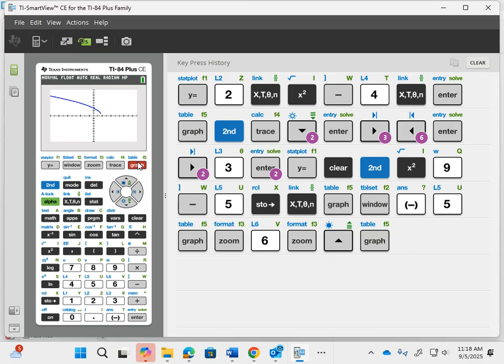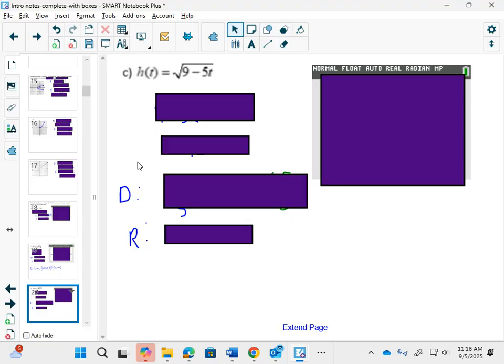But I talked about before, often we can find domain without our calculators. So what do we know about square roots? You can't take the square root of a negative. So this inside, the 9 minus 5t, has to be bigger than or equal to 0. Can you solve this? Right? And in solving this,